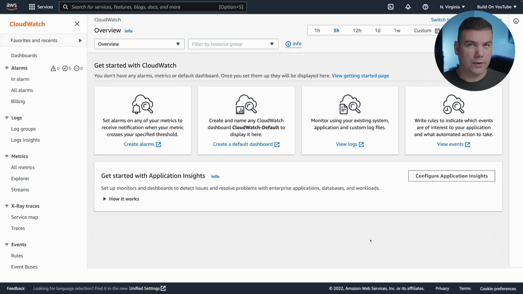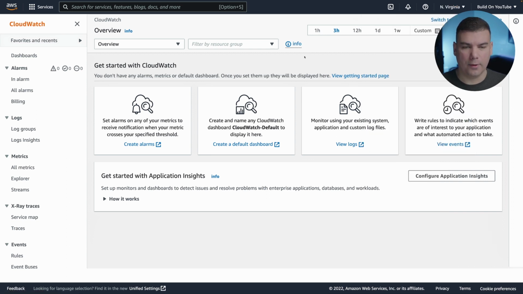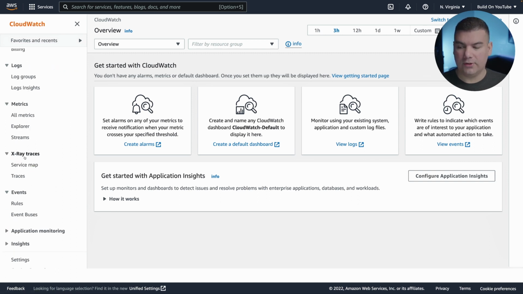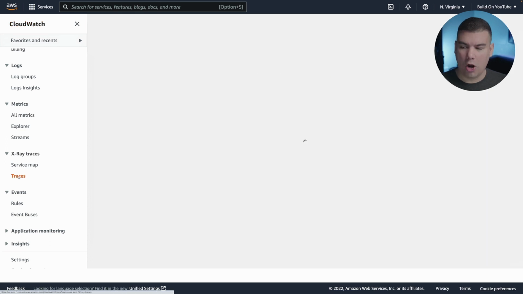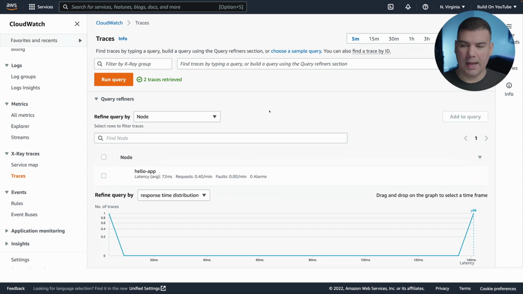At the AWS console, the first thing you have to verify is whether you are using the correct region that you have used for the collector configuration file. So as you can see here, I'm using US East (N. Virginia), which points to us-east-1, which is what we have used in the configuration file. To visualize all the traces generated, here on CloudWatch, go to the section that says X-Ray traces and click on Traces. So when you do this, you're going to be able to filter for a specific timeline when the traces were generated. And then as you can see here, in the last 5 minutes, we've created 2 traces because we have sent 2 invocations to the microservice.